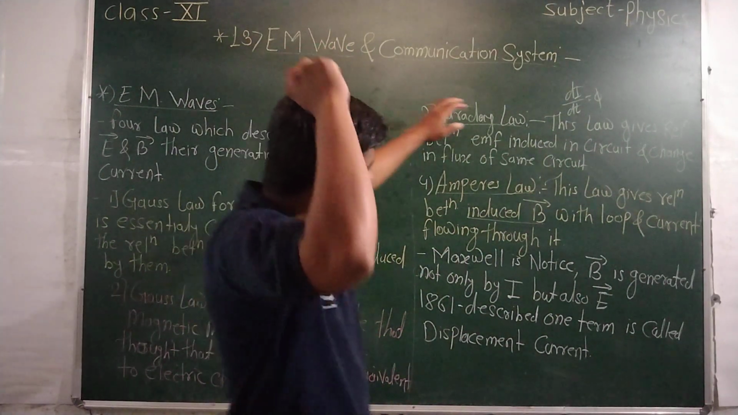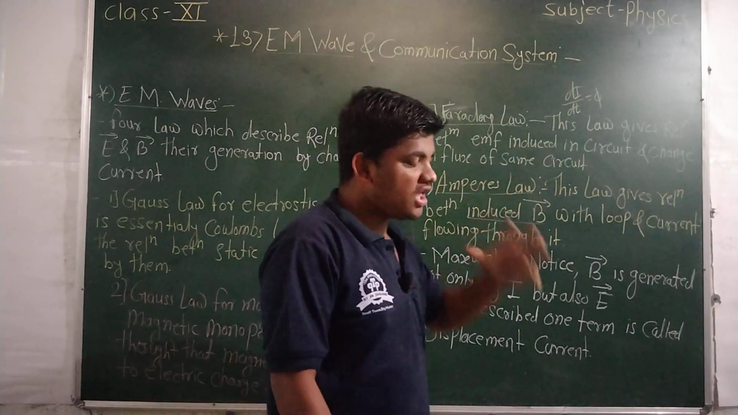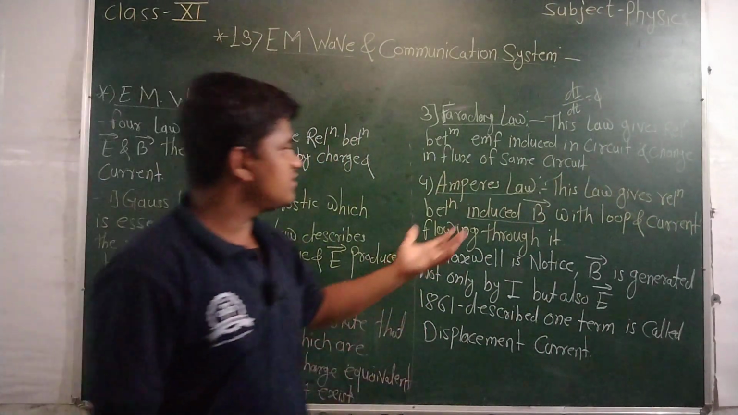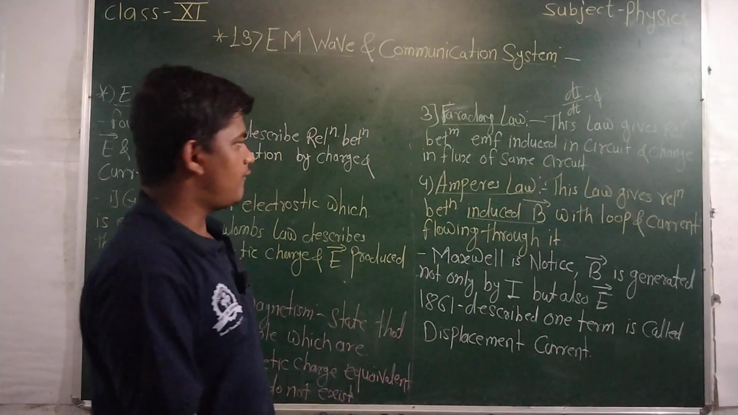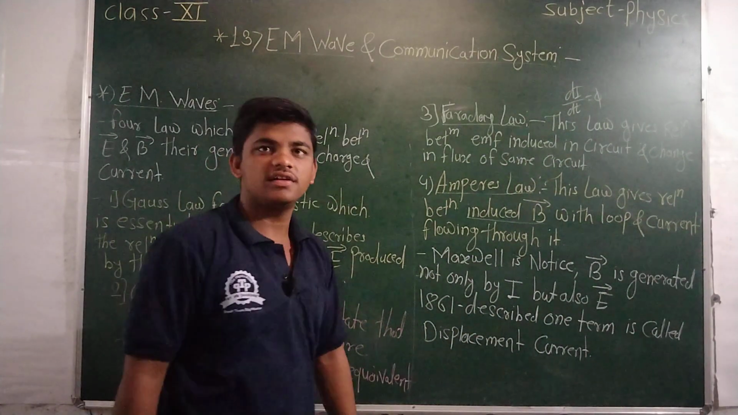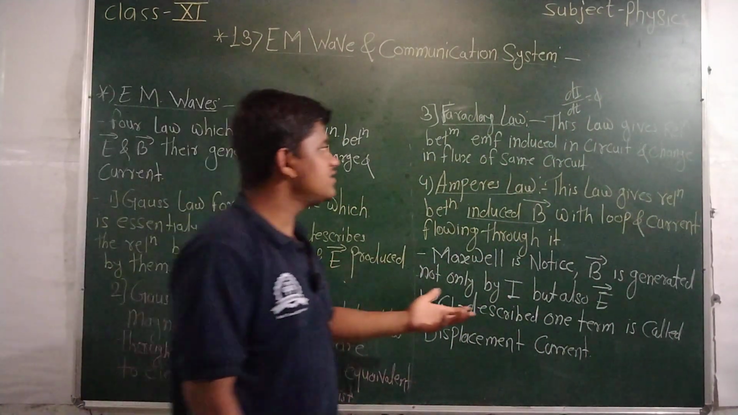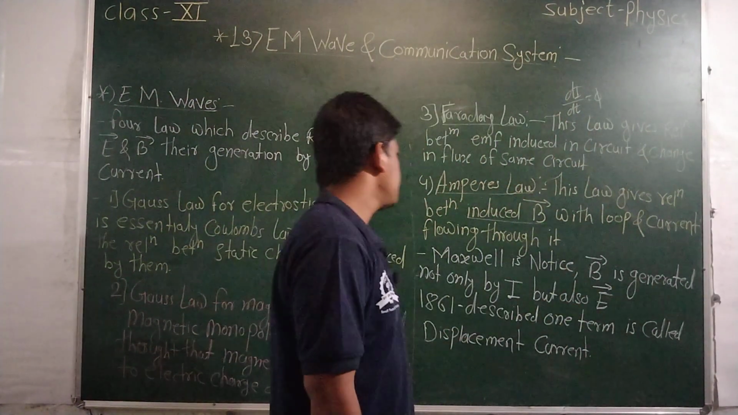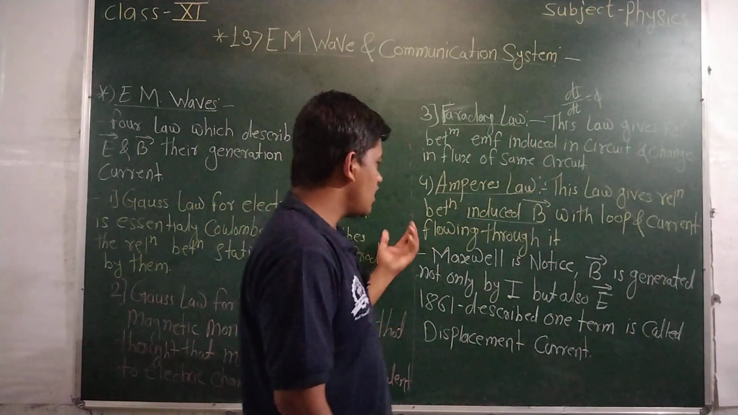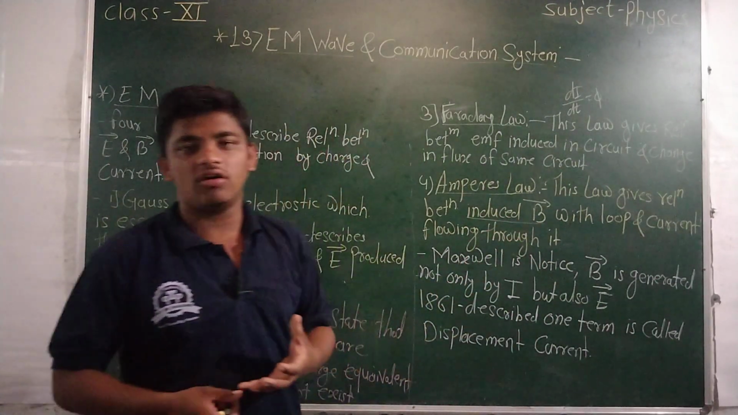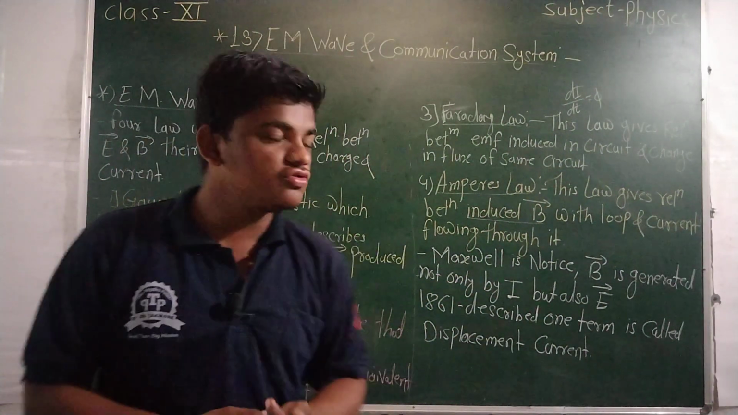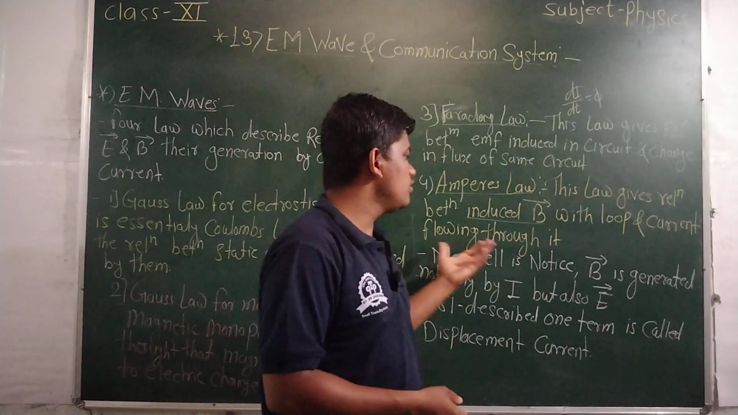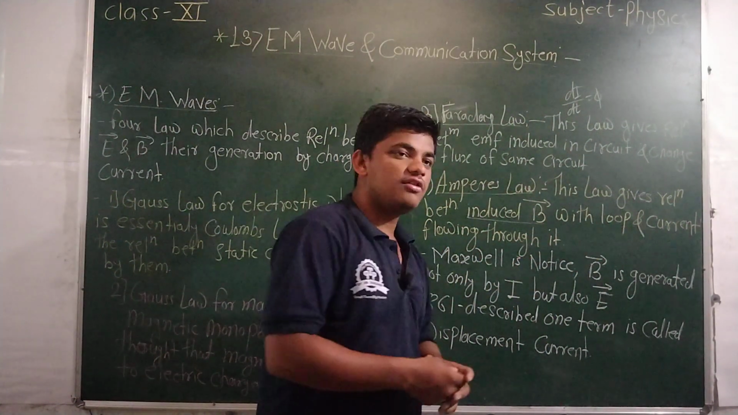Then Faraday's law gives the relationship between the EMF induced in the circuit and the change in flux, and it depends upon the change in flux of the same circuit. How is the flux produced? By the change in current with respect to time, which produces the electric flux. Then Ampere's law gives the relationship between the magnetic field induced in the loop by the current, that is, between current and induced magnetic